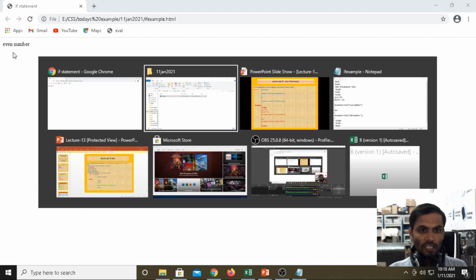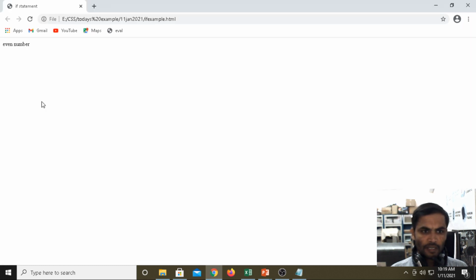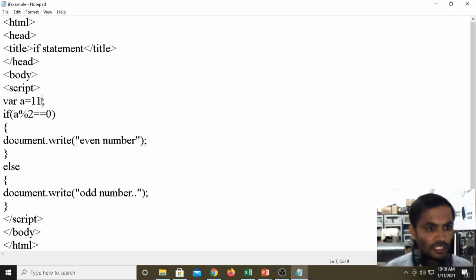Even number. In the source code, I want to change the condition. Means here I am giving 11. Here I am giving the value of a, I am storing it as 11. Then it should be the odd number. Odd number means if the remainder value, if you are getting 0, then